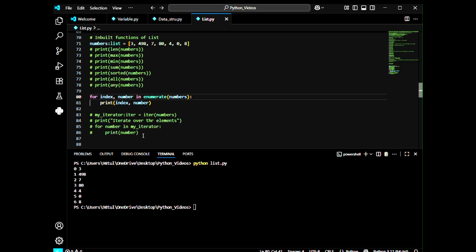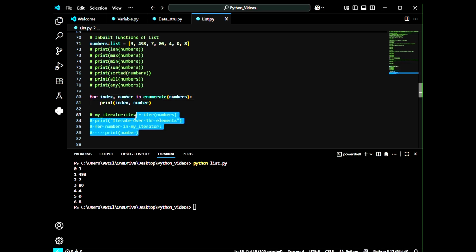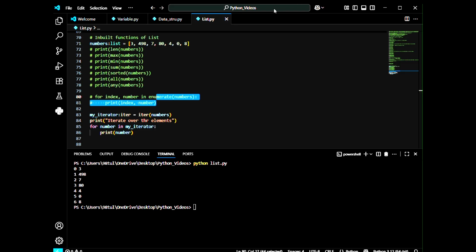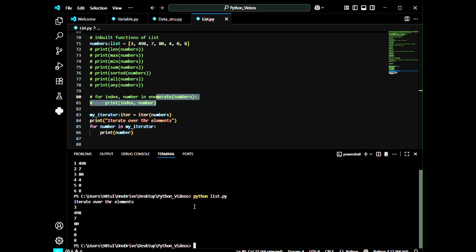Now we go to the iteration function of list. Let me uncomment this line. First we will see the output, and then we will discuss. Here I'm going to print. See, we are getting the output this way. This is 3, that means 0th index, first, second, third, fourth, fifth, sixth: 0, 1, 2, 3, 4, 5, 6. Yes, we have 6 as the last index, and there is the output, from the 0th index to the 6th index.